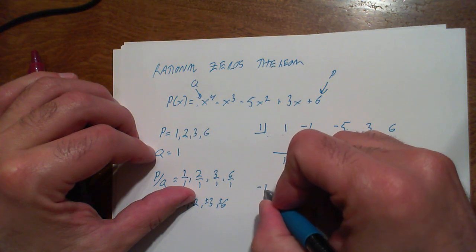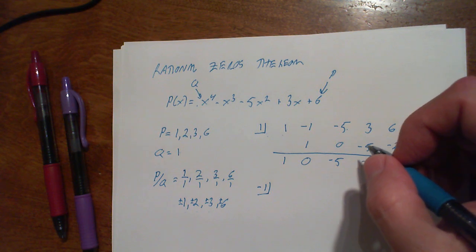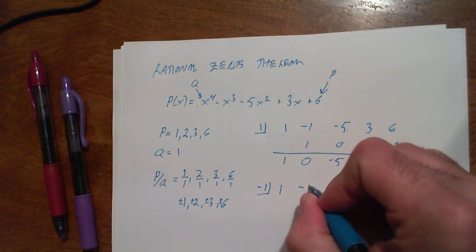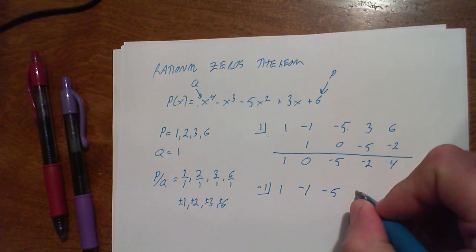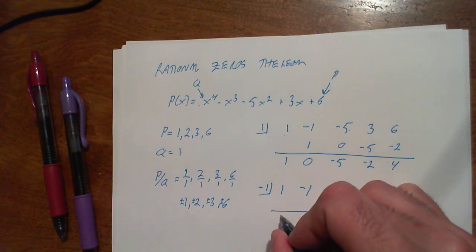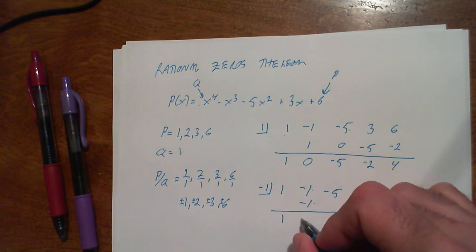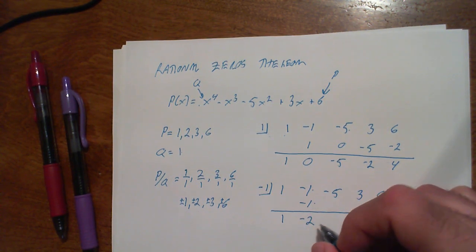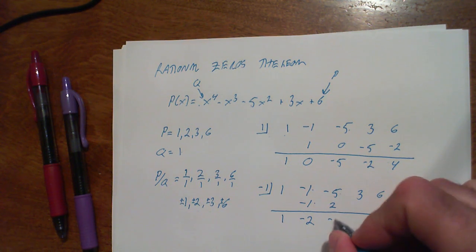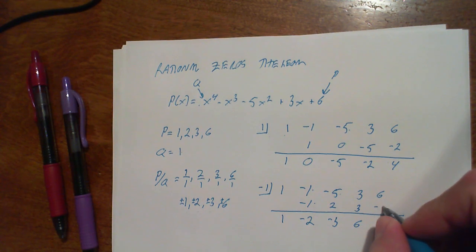So then let's go ahead and try out -1. Okay? Let's see if -1 works. So let's bring down our 1, synthetic division, -5, 3, and 6. Okay, so let's go ahead and divide that. Bring our 1 down. -1 times 1 is -1. -1 plus -1 is -2. -1 times -2 is 2. -5 plus 2 is -3. 3, 6, and